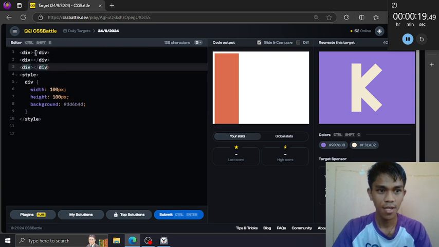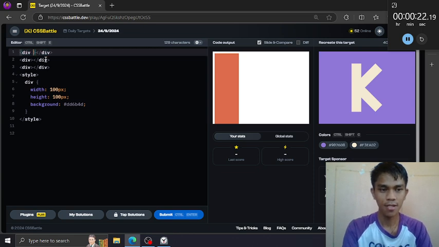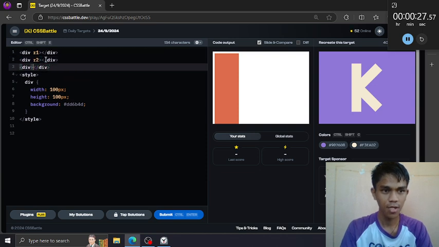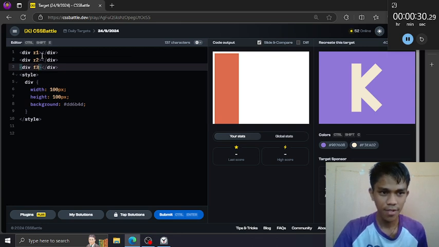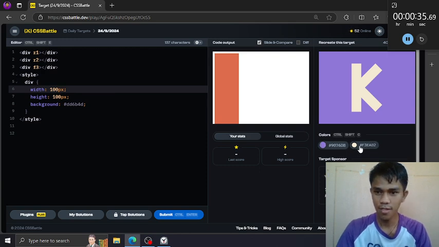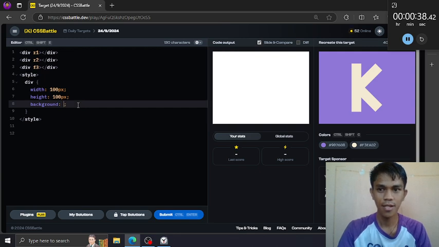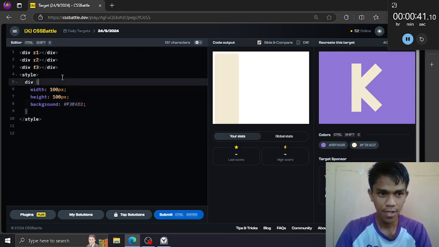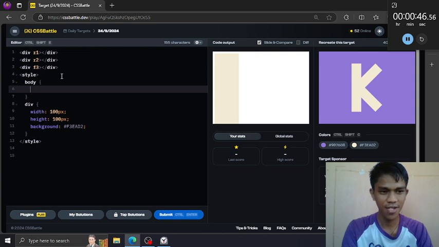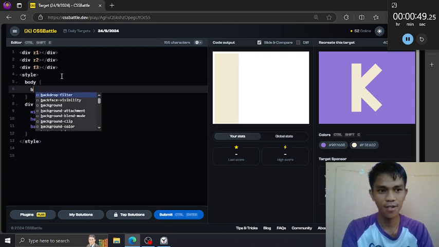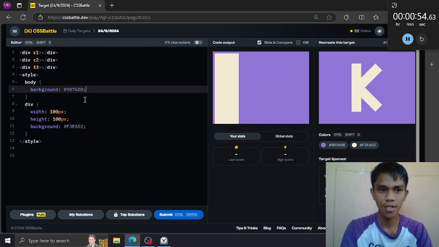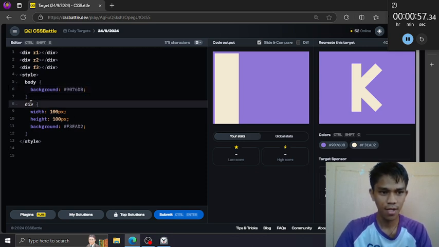Create 3 divs. Each has a different element, R1, R2, a different unique identity. First is the R1, the vertical rectangle. The color is this light purple. But first, let's create a background for them. Body. Let's not use box shadow for now to make our life easier. So background, this purple color, and now let's make this R1.